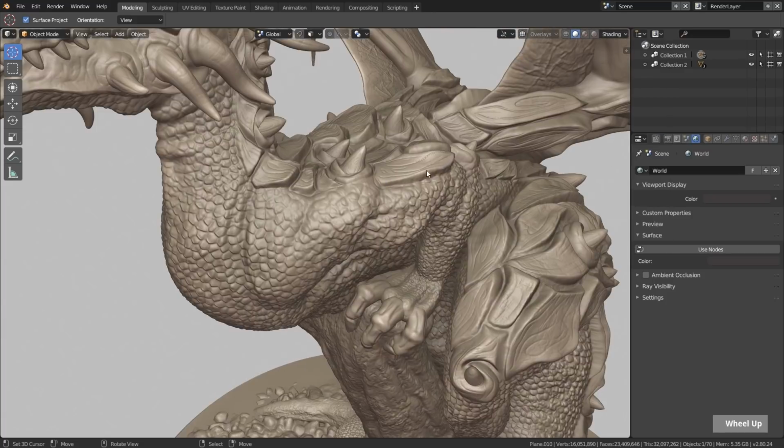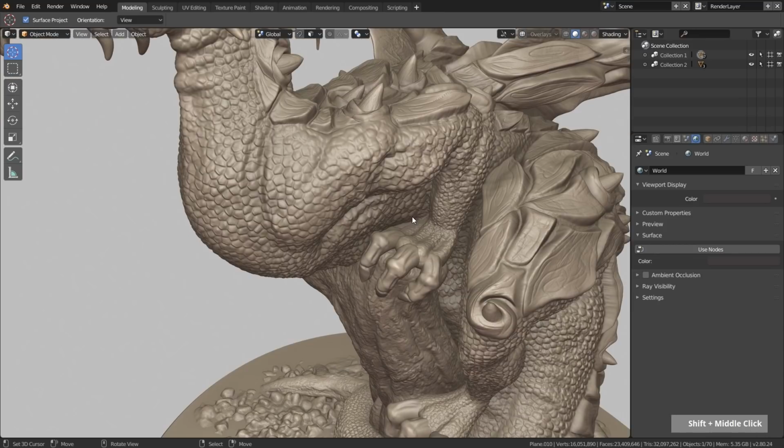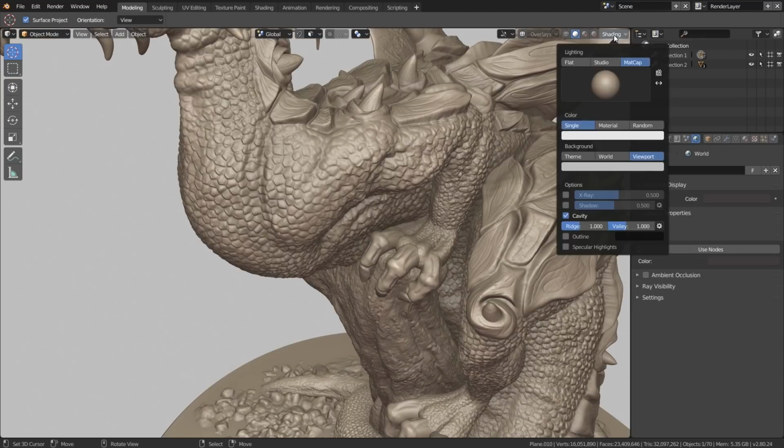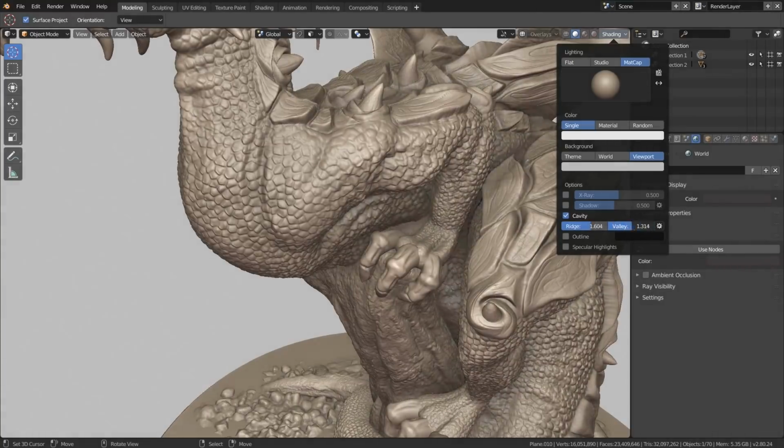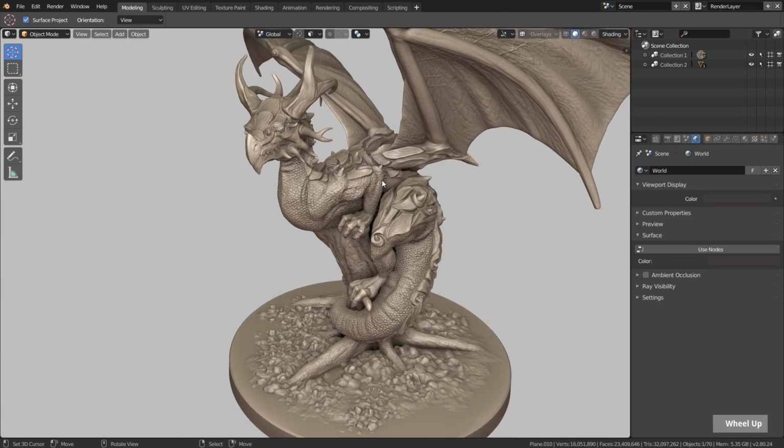Sharp edges will be highlighted, and creases, holes, corners, and so on will have a shadow, like an ambient occlusion shadow. And this you can adjust down here. The ridge is for this highlight of the edges, and the valley is for the shadow, basically, as you can see. And with this option, you have much more depth inside the object,